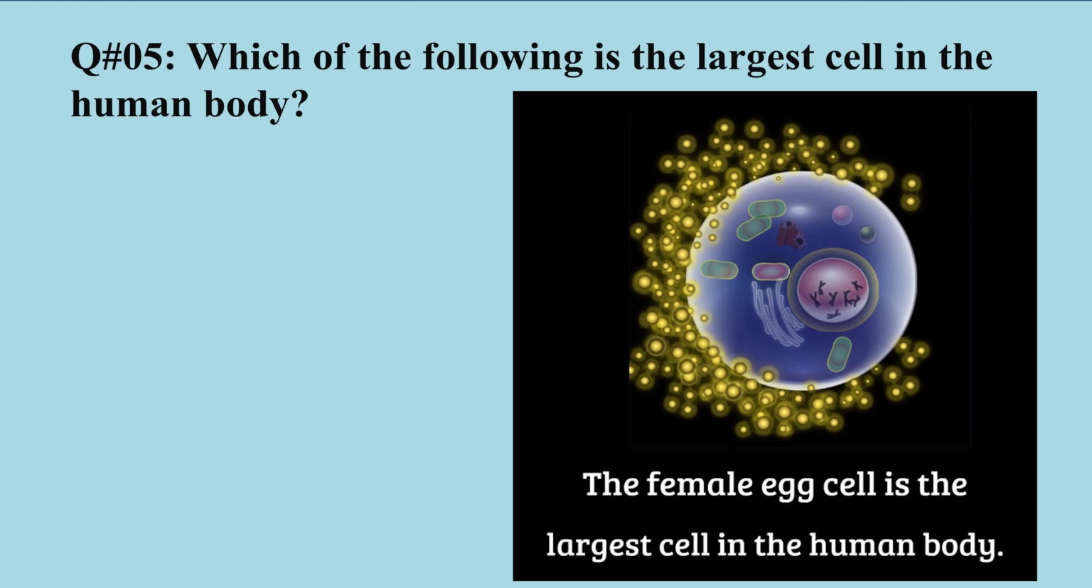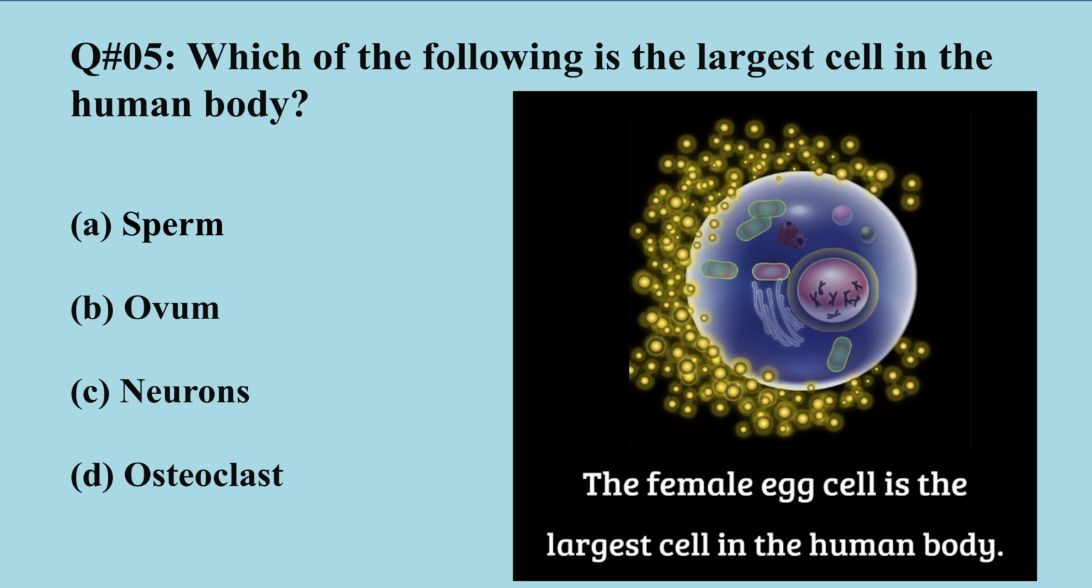Question number 5. Which of the following is the largest cell in the human body? Option A, sperm; B, ovum; C, neurons; D, osteoclast. So the right option for this question is ovum. Ovum, which is also known as female egg. The female egg is the largest cell in the human body. The mature form of egg is also known as ovum. While as shown in option A, sperm is the smallest cell in the male reproductive system